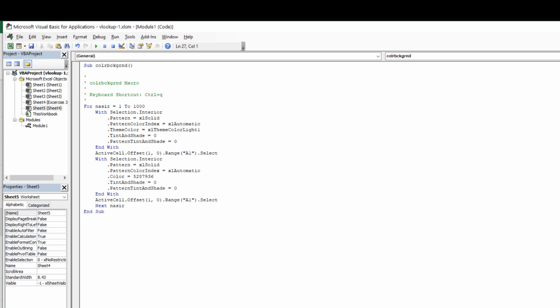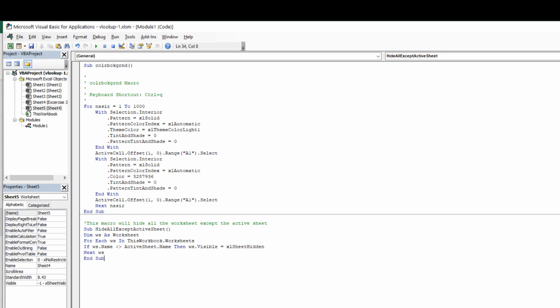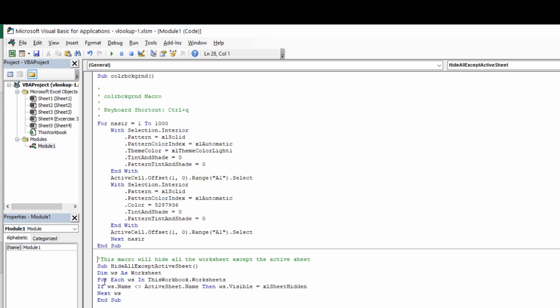So Alt F11, okay, and I'm pasting this specific text.